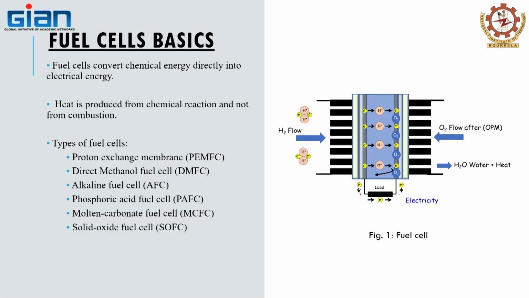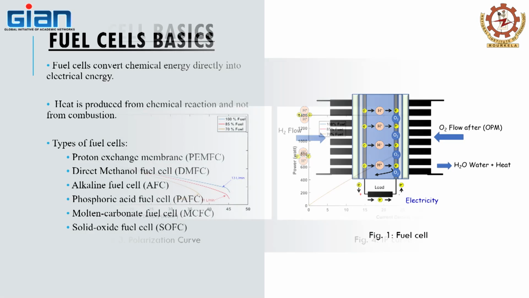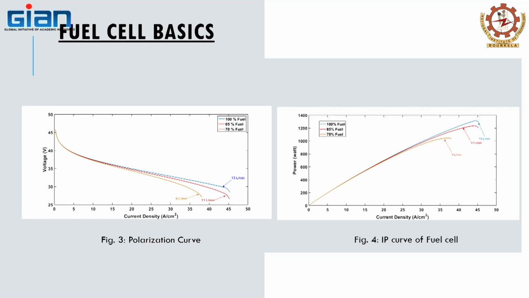So if we see the curve characteristics we have seen that day, here you can see the voltage versus current characteristics, which is dependent on fuel flow in liters per minute, and also we can see that the power point is shifting. Power is increasing or reducing if we reduce the fuel flow. So current and voltage both are varying, that's why the power is also varying. So with the fuel flow rate, we need to track the maximum power, and we have to extract maximum power from the fuel cell,